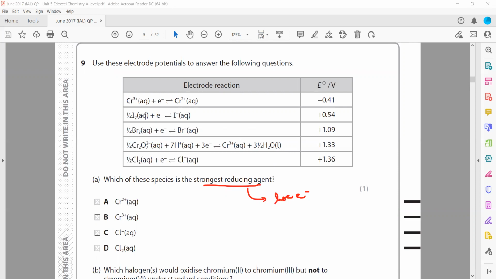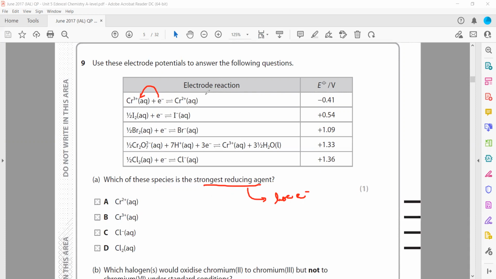A positive electrode potential means they have a tendency to gain electrons. Like the iodine molecule has a greater tendency to gain electrons. Among the options given here, we have chromium plus 3. If chromium plus 3 takes electrons and turns into chromium, that is negative. Negative means the opposite tendency is more feasible. So the tendency for chromium 3 to gain electrons and turn into chromium